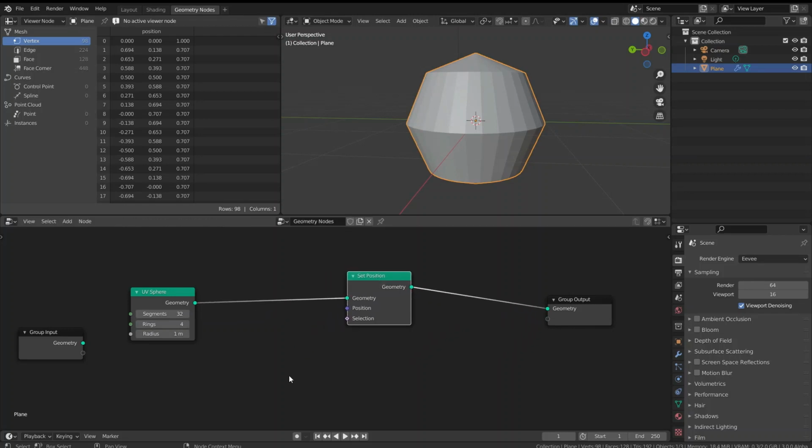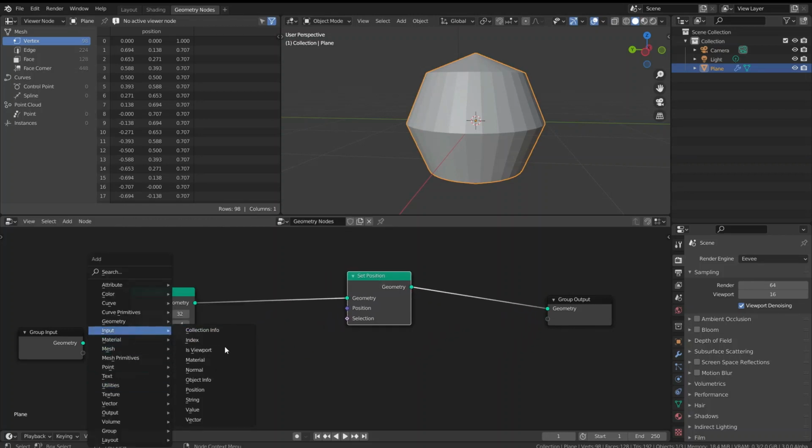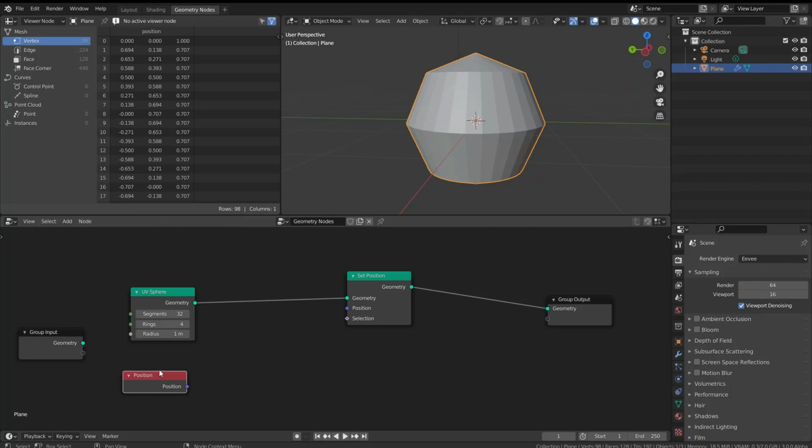So maybe, I think there's an input position. Yep. So I can use the position, and then I'm gonna use some math now. Oops. I'm using my own add-on, which I think I have a video on. It's not really adapted yet to work with fields, but it should work okay. So let's just say what we want is just to